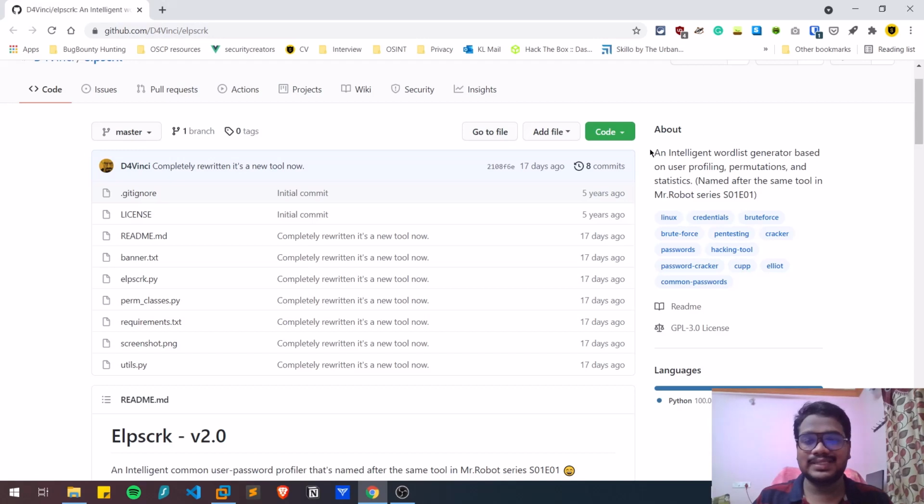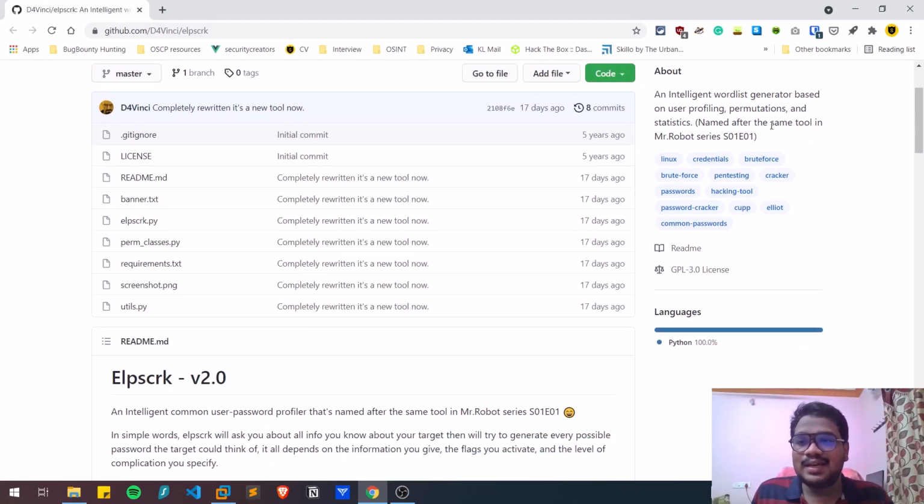In order to guess passwords or do brute force attacks on login pages, you need to have some passwords regarding a person, and the set of all these passwords is called a word list. What this tool helps you do is collect details about the person, whether it could be his name, phone number, date of birth, etc., and create a word list which helps in further processes, like trying to brute force some Wi-Fi or his login pages for social media. Also guys, everything I'm going to show you is only for educational purposes, and don't try to harm anyone, try to teach others.